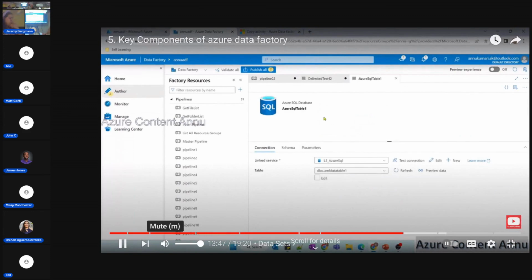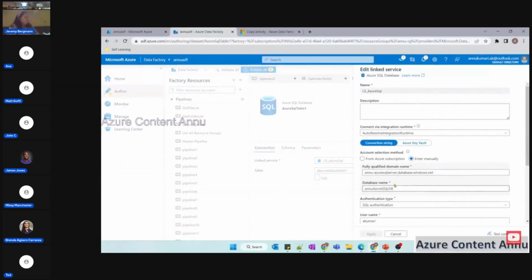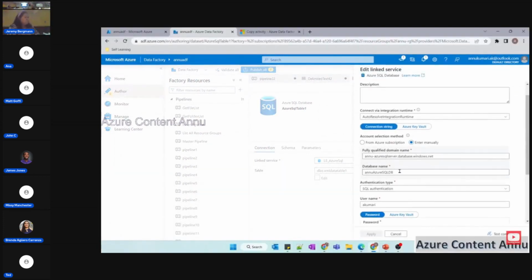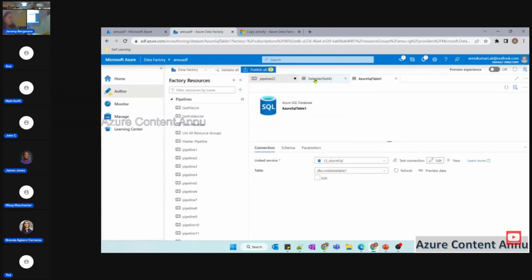So this is how the SQL database dataset looks, and it is pointing to a linked service, which holds the connection related information for my SQL database. You can see this is the server name, then the database name, and SQL authentication is the authentication type, and it has the username and password. So this is how you can create a linked service and dataset. Basically, linked service and dataset have a many to one